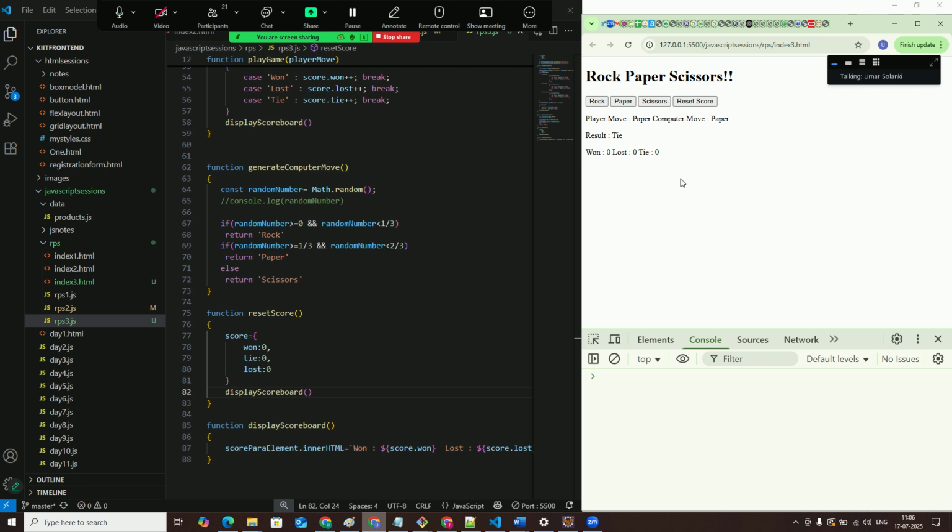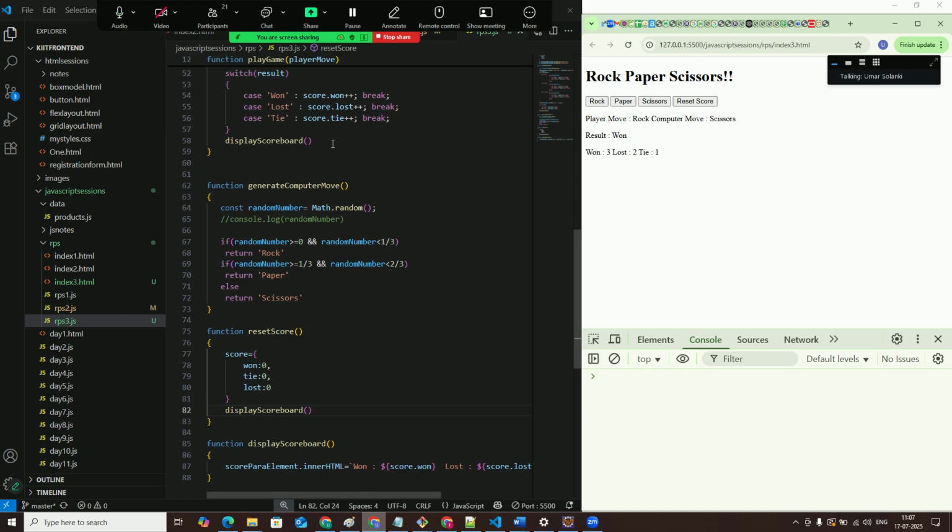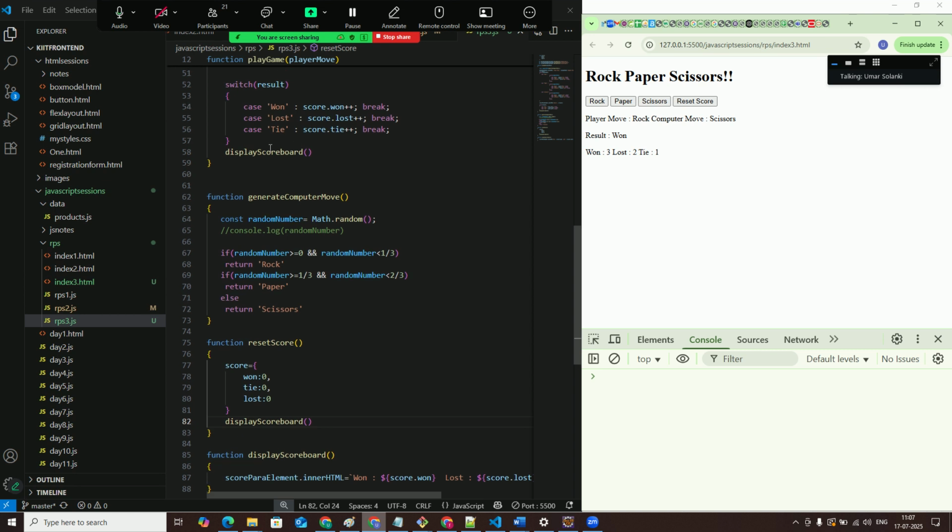Okay, and now there's one more small issue over here. If I try to do a refresh of the browser, the scores are lost. So I need to store these scores into the web browser cache. Okay, that is called as what? Local storage. So as soon as I calculate